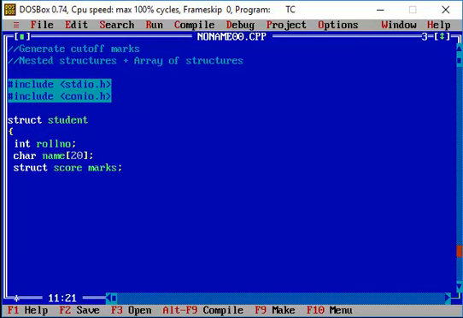So the member marks in this particular structure is of data type score. So what happens here is it is being mapped to a structure named score.